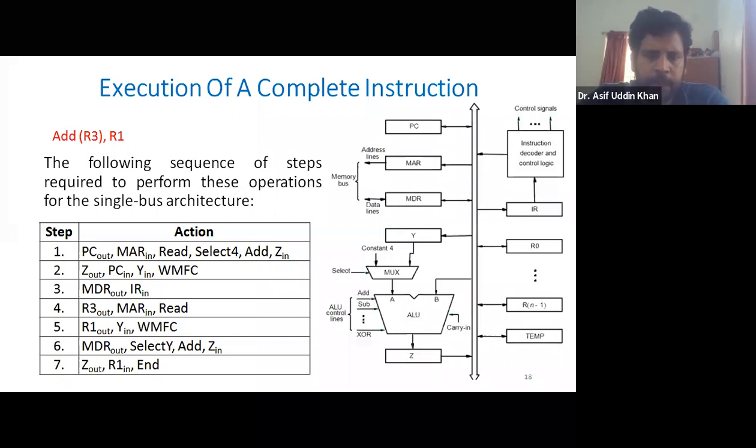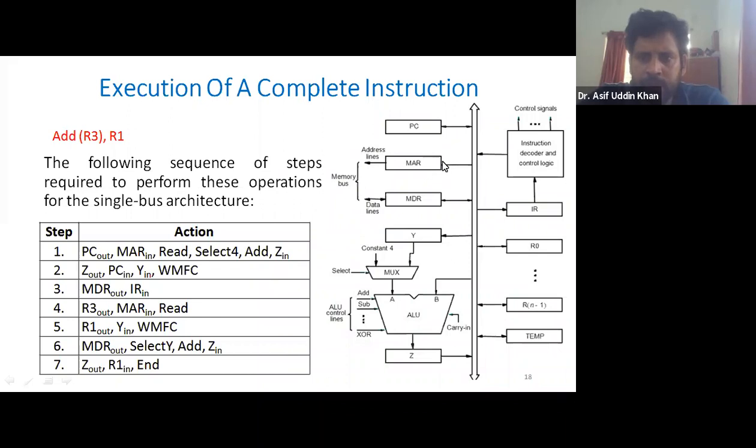And the instruction's address is present in the program counter. The address of the first instruction will be given by this program counter, and that address will come from the program counter to this common bus, and from this bus it will be loaded into this MAR register.